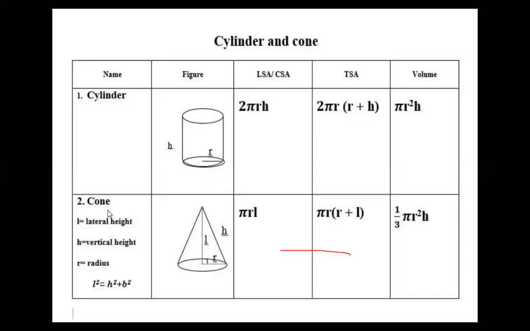And cone means what? Cone means the happy birthday cap, or the ice cream cone. That part is called the cone. If they are circular as well as elongated, and the circle is at the top also, this is called the cylinder. But if the end is pointed, then that is called the cone. That is the simple difference between cylinder and cone.